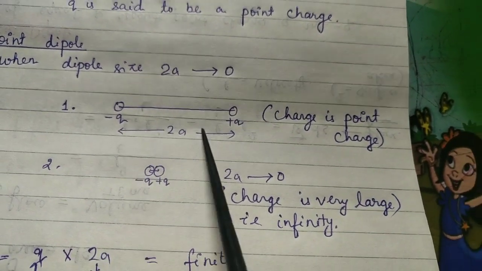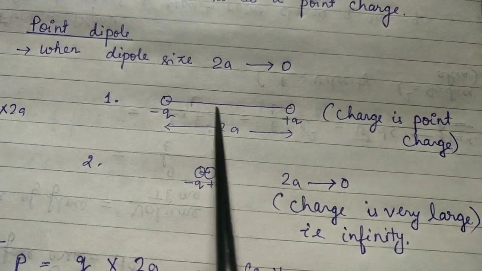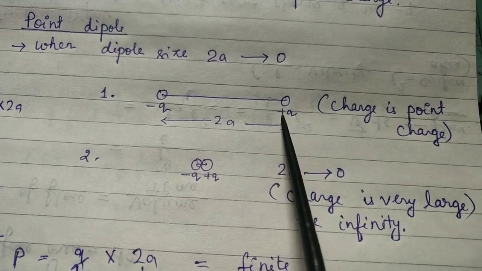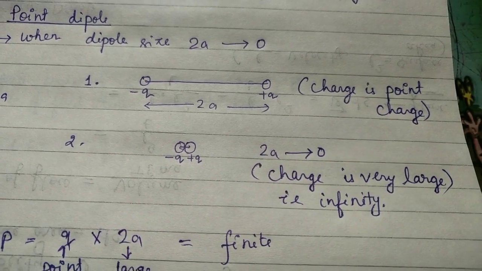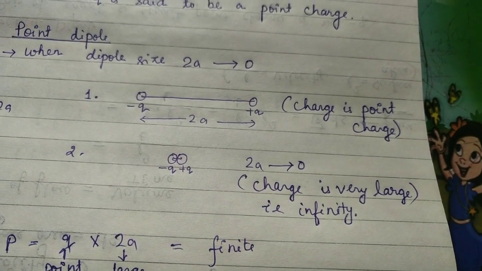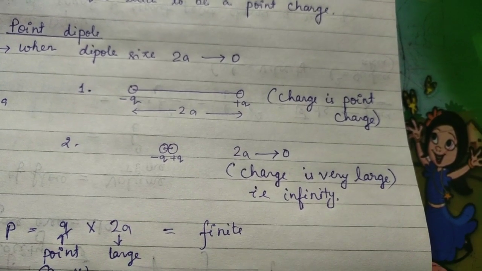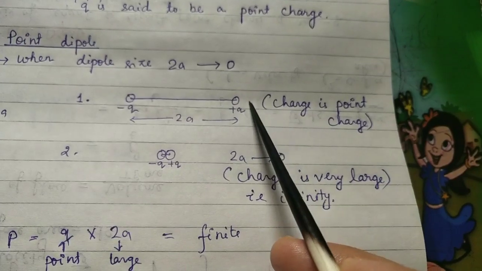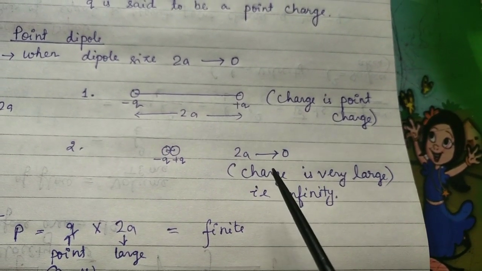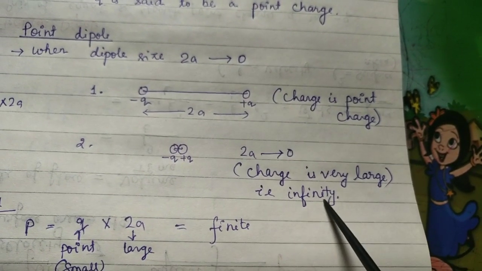Here as the distance increases, we can say that they are very far from each other, so they appear to be point, as in the case of stars, we see the stars as points. They are not actually points. For us, we can view them as point stars, or as point charges. But if we go near to the star, it is not a point. Now we cannot say it is a point. It will be very large. Similarly, the charge is very large.